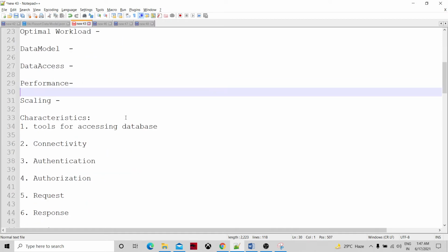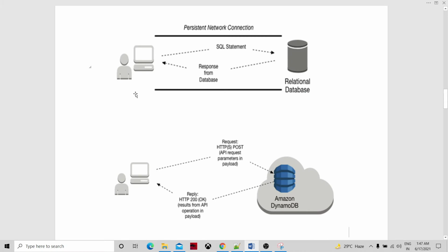And if you talk about the characteristics of the database, how different tools get access to DynamoDB and RDBMS, let's look at this picture. Whenever we talk about accessing the relational database system, there will be a specific persistent network connection between the database and the client application.